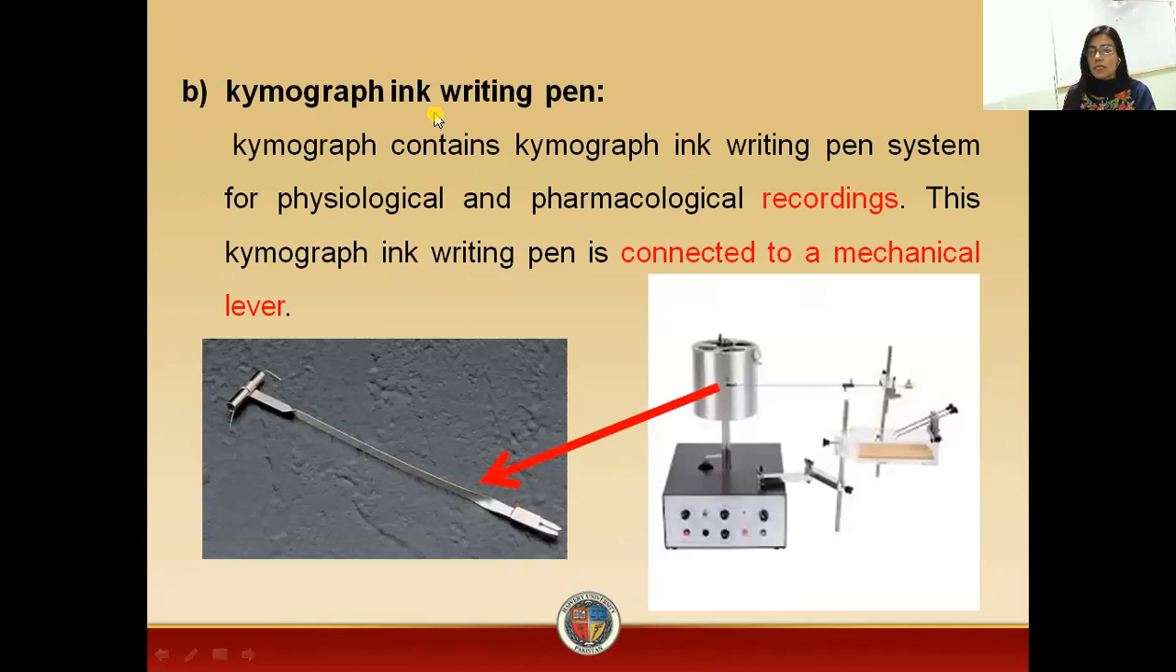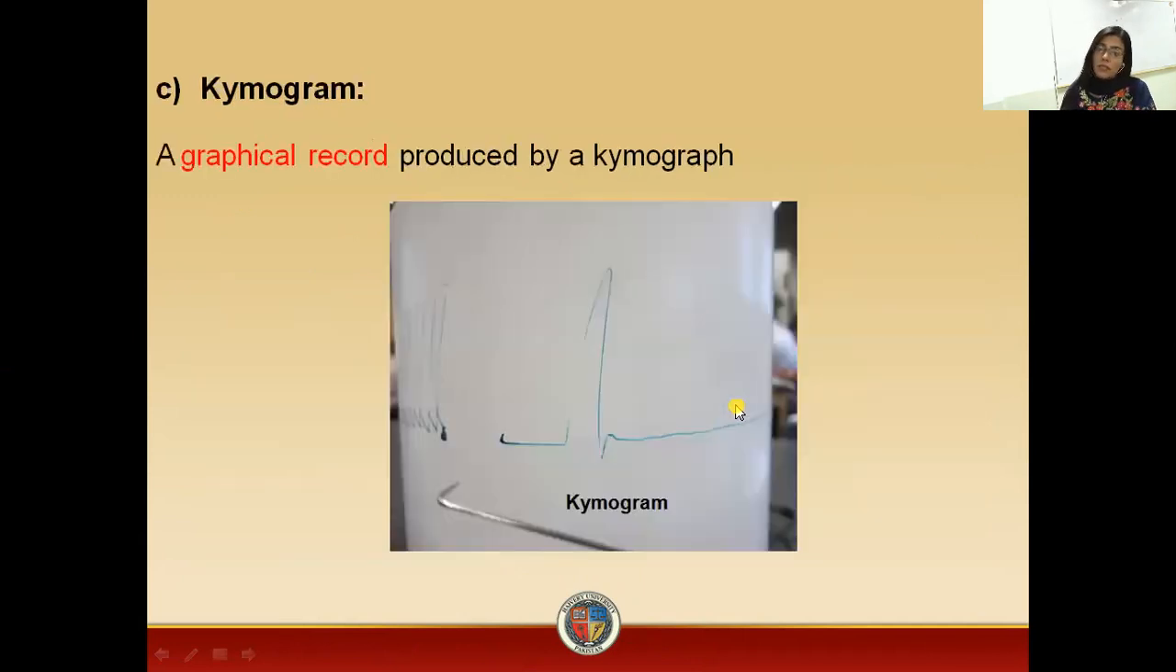Additionally, this apparatus contains an ink writing pen, which is known as kymograph ink writing pen. This kymograph contains ink writing pen system for physiological and pharmacological recordings. This kymograph ink writing pen is connected to a mechanical lever for recordings. Then all these recordings are made on a graph, and this graphical recording produced by the graph is